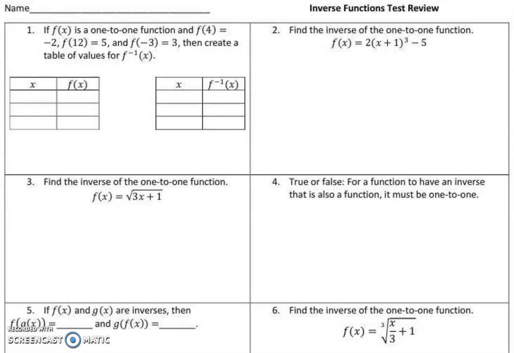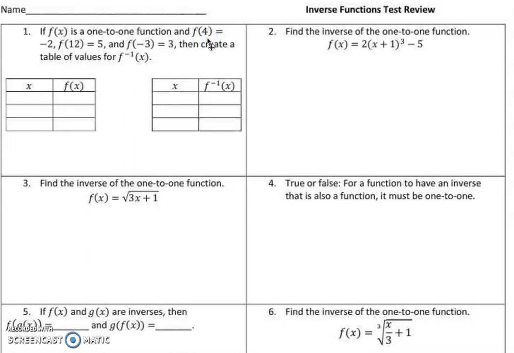So, as a reminder, this number that I'm plugging in, this is the x. That's what I plug in. This right here is the y. That's what I'm getting out. So I know that I have a point at 4, -2. There's also a point at 12,